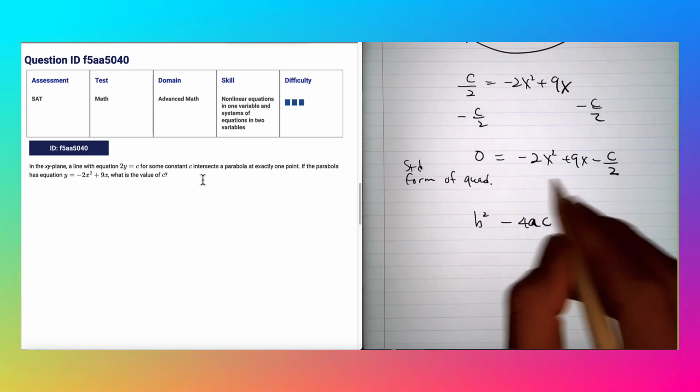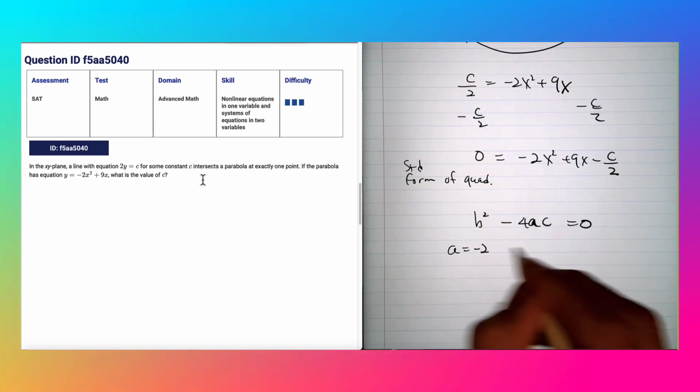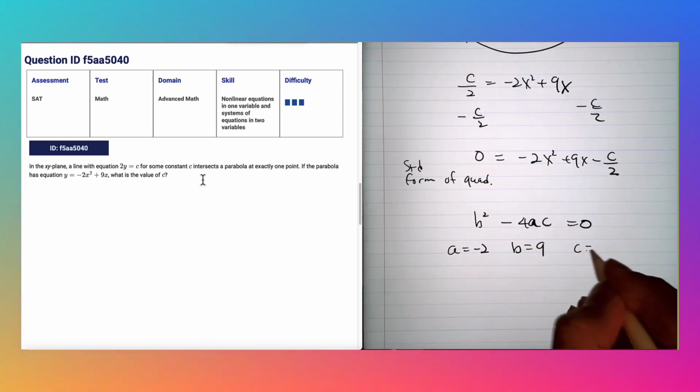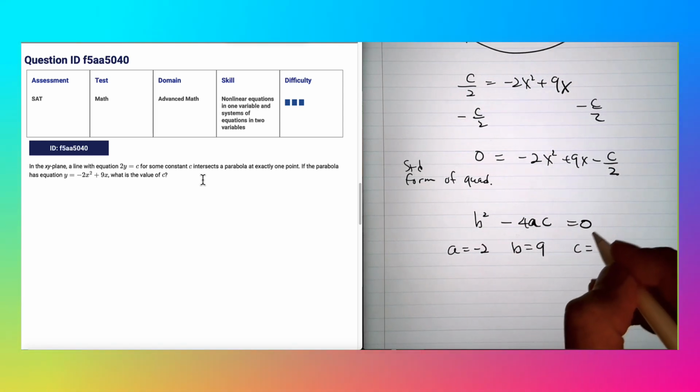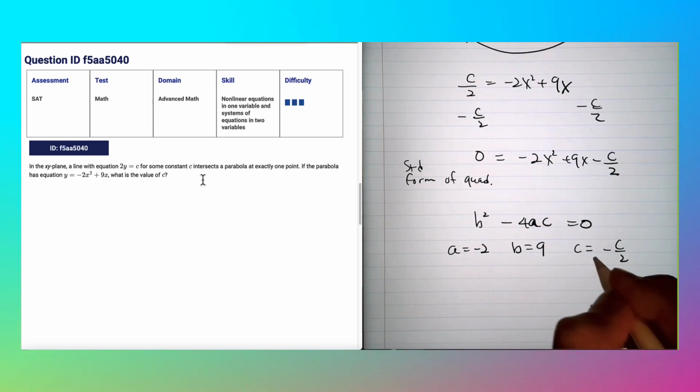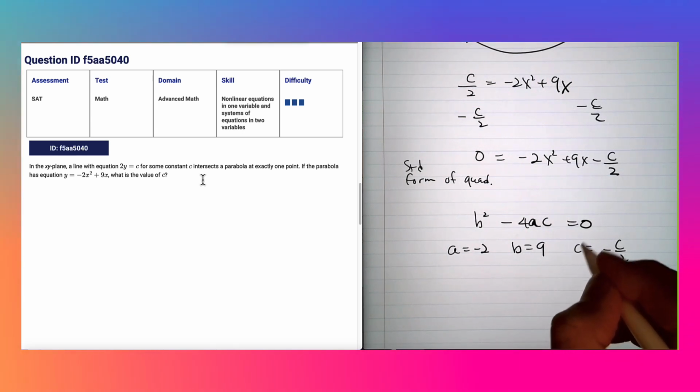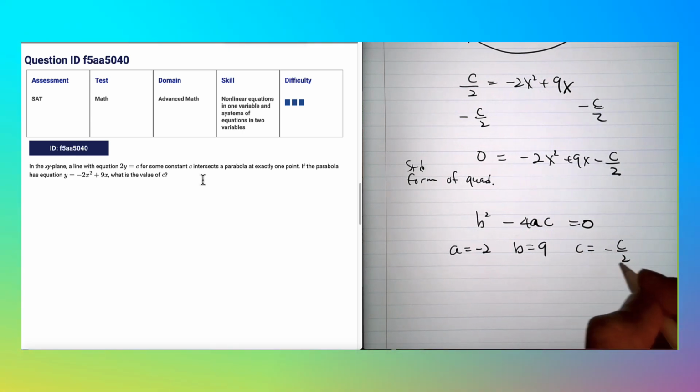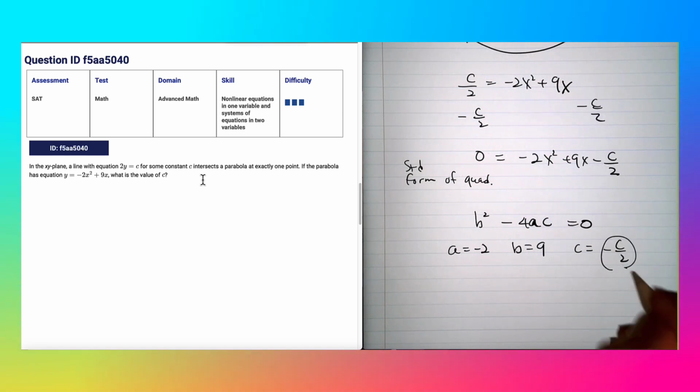So in my formula here, I have a equals negative 2, b is equal to 9, and c equals, okay, c and c is kind of confusing, but just bear with me. You can say c prime if you don't want to get confused, but this is just to use in our